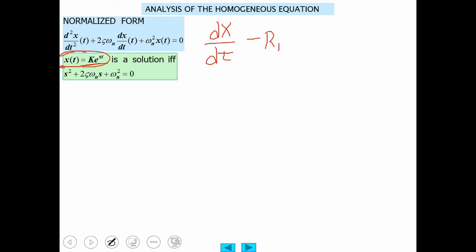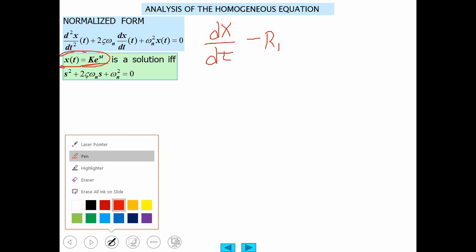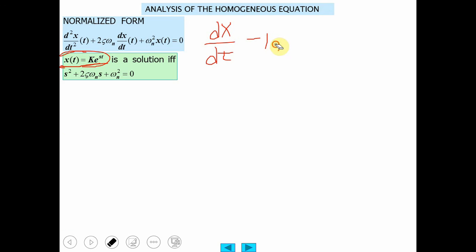Except in this case, I should probably say plus. Instead of using r for root, be more conventional with their symbols. Plus S1